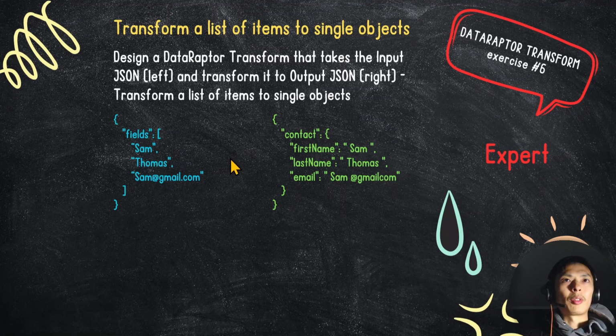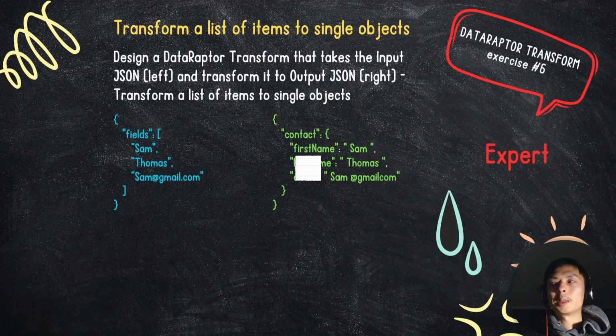We want to convert this into a JSON node and a list of key and value pairs. For the value Sam, we want to associate that with the first name attribute. Thomas, we want to associate with the last name, and sam@gmail.com, we want to associate with the